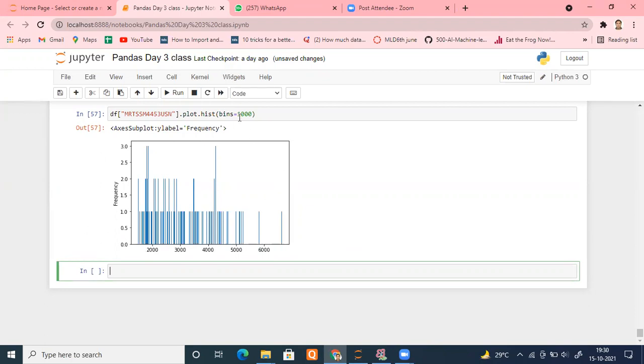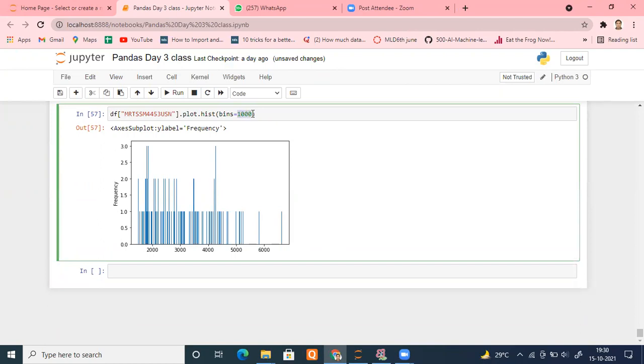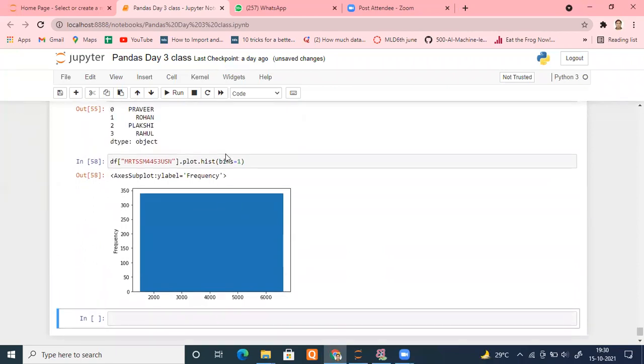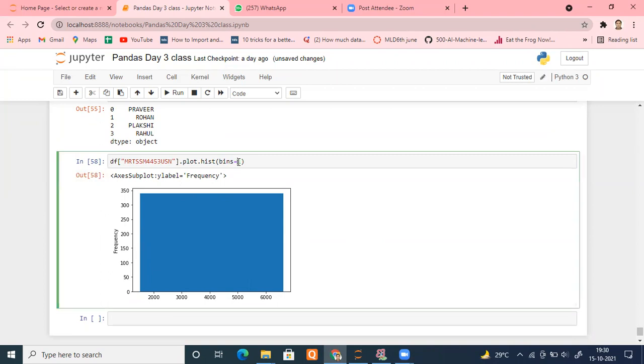If I make bins equal to something very small, suppose bins equal to 1, let's see what is going to happen. It has taken all the numbers in one range only. If I make bins equal to 2, it will create 2 sections of numbers.